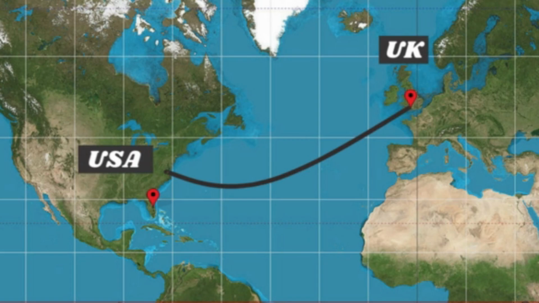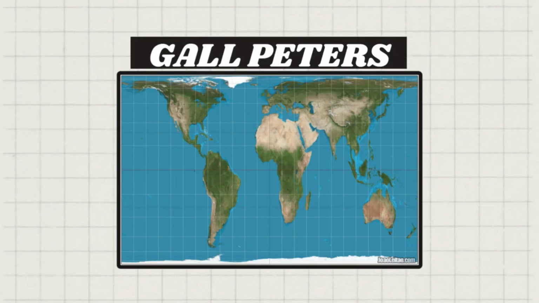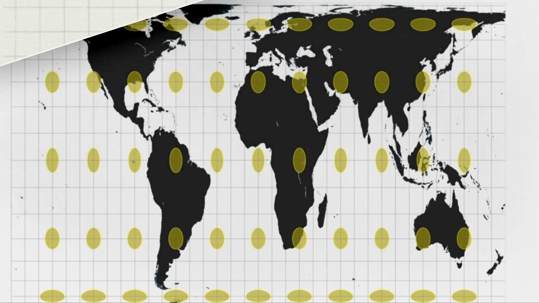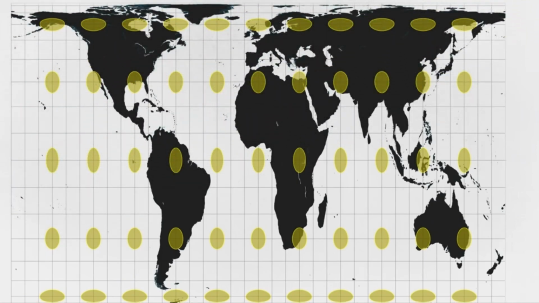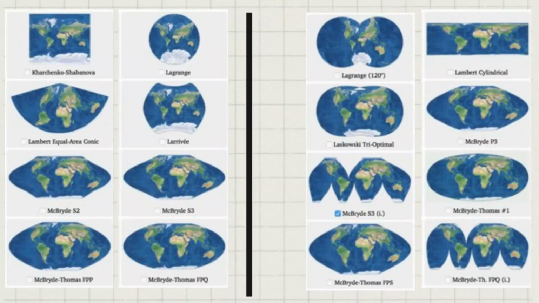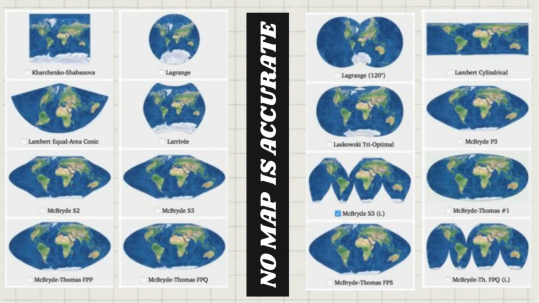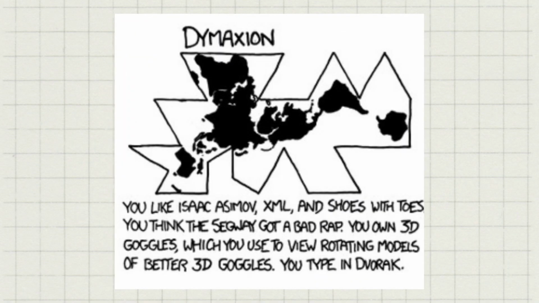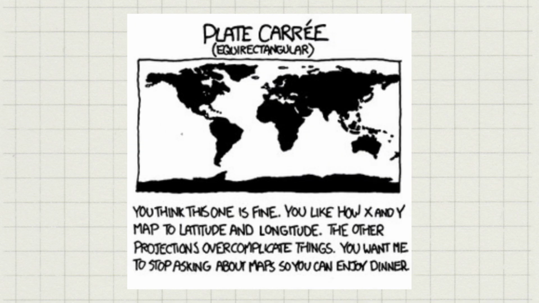Another example is the Gall-Peters projection, which accurately portrays the relative size of land masses but distorts their shapes. For this, we will again use circles. We can see now circles are almost the same size, but the countries' actual shapes are distorted. However, no map projection can be entirely accurate, and each one will naturally have some level of distortion. There are a lot of different projections like these, but all of them show some kind of distortion.